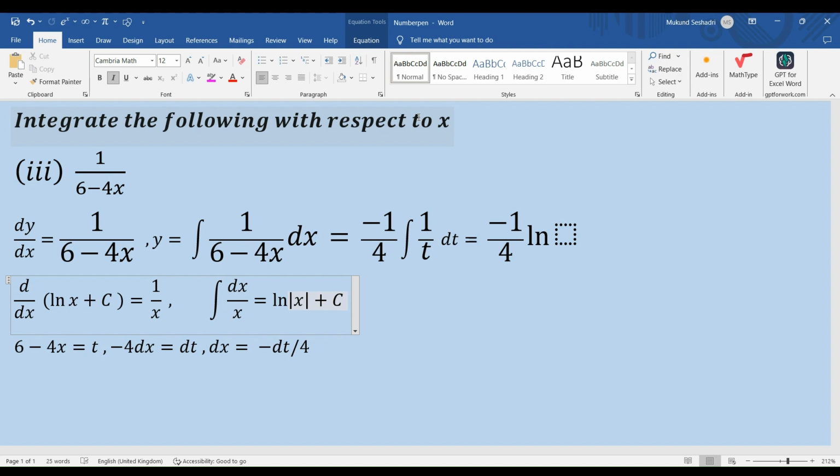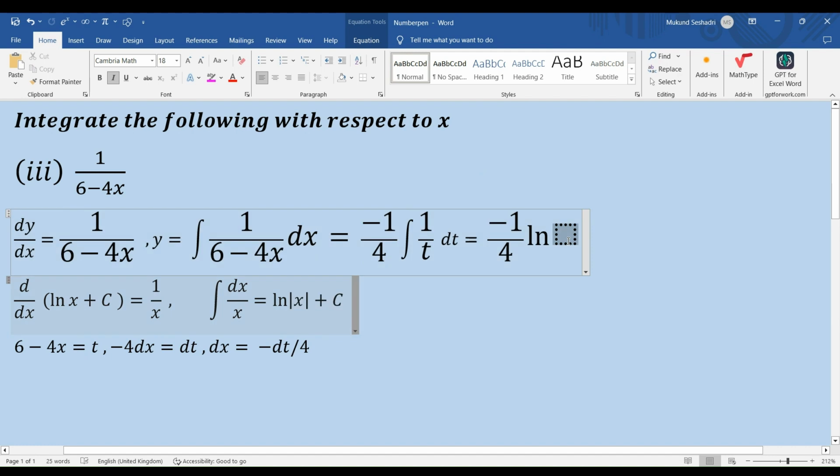Why is that? Because ln of mod x, whenever x is negative, is ln of minus x, right? And then when you differentiate ln of minus x, what do you get? You get 1 by minus x into d by dx of minus x, which is again a minus 1. So your minus and minus will get cancelled out, and therefore the best way to represent integral of dx by x is ln with a mod of x and not ln of x, right? And therefore we have ln of mod t,